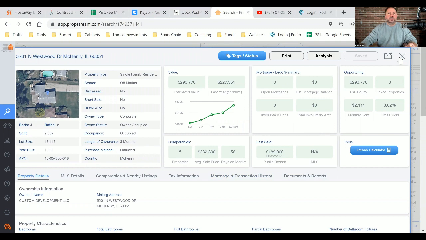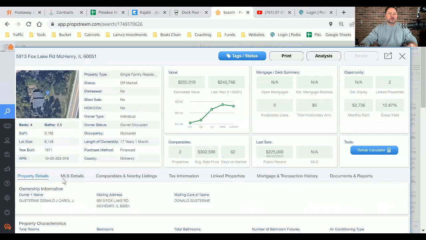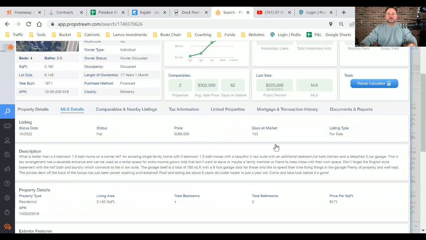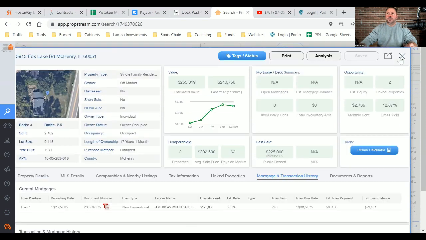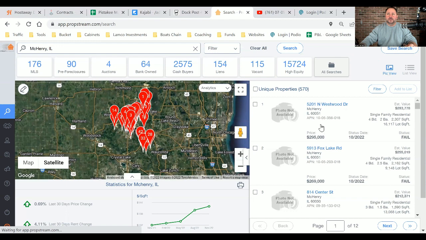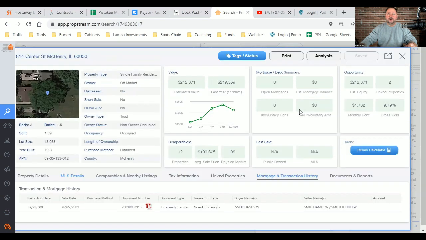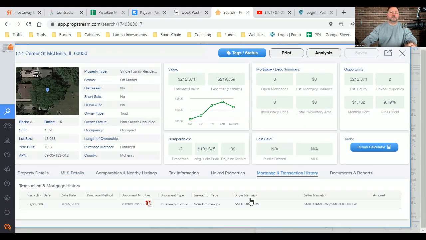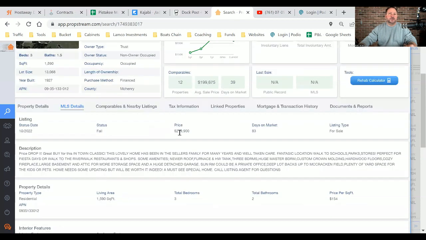So failed listings are very, very unique. Let's say we find a property that has basically no equity, right? Let's see. This property failed at 269. It looks like they only have a mortgage balance of almost 30 grand. So I'm trying to find a property where there's little or no equity. 219. This one doesn't say. Well, let's say, for instance, this property, they're trying to sell it for 219 and they owe, let's say, 210